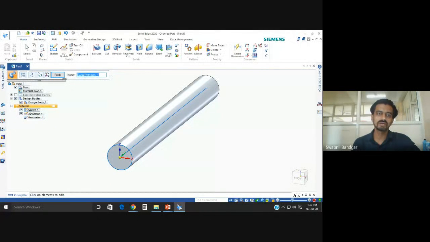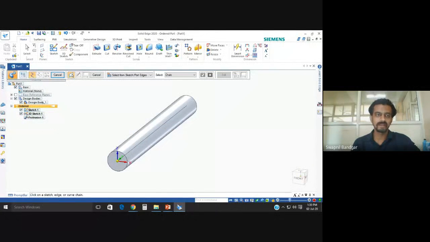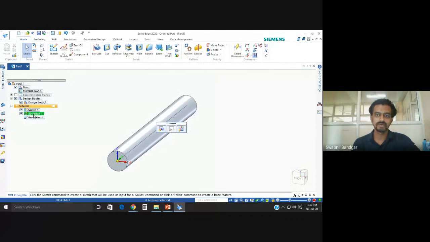What the sweep does is move this circular surface area along this axis or curve. If I change the curve now, the bar will change itself. If you want to see this, you can go to the software and edit its 3D sketch.